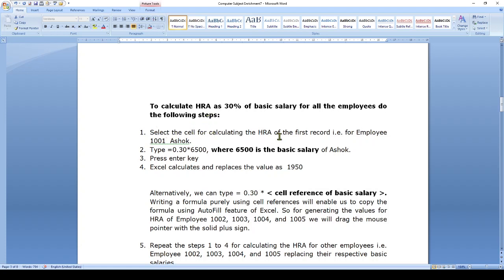Select the cell for calculating HRA of the first record, employee 1001 Ashok. Type equal to, as you know any formula starts with an equal sign, equal to 0.30 into 6500, where 6500 is the basic salary of Ashok. Press enter key. Excel calculates and replaces the formula you have written, equal to 0.3 into 6500,